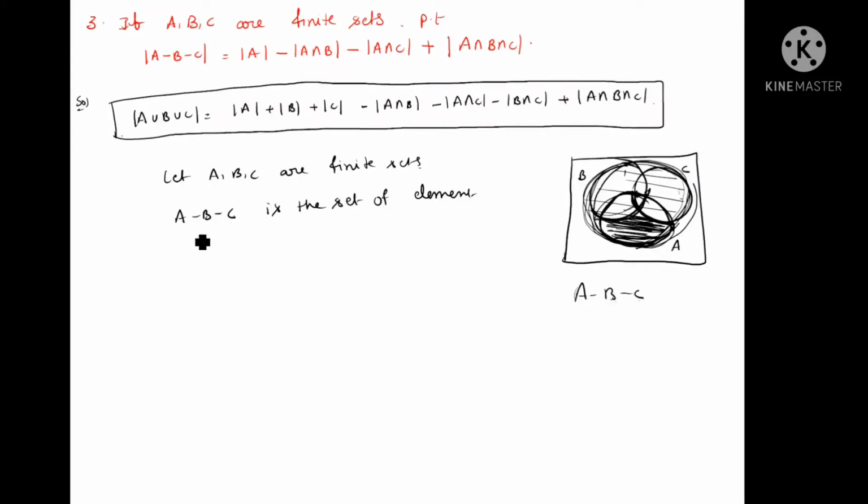I hope everyone understood. So A minus B minus C is the set of elements that belong to A but not B or C. So from the Venn diagram,